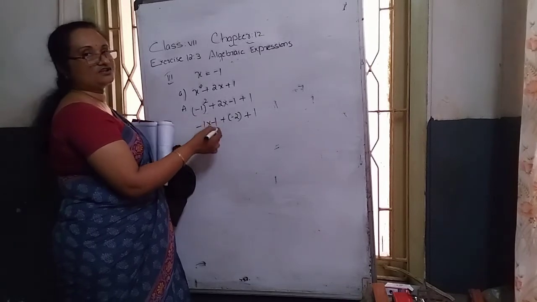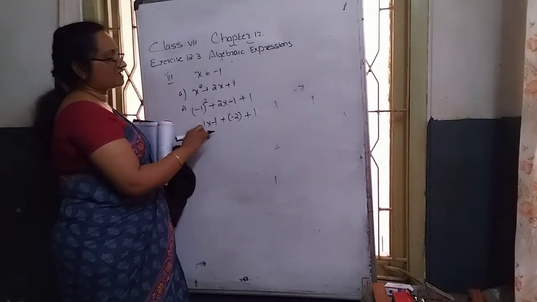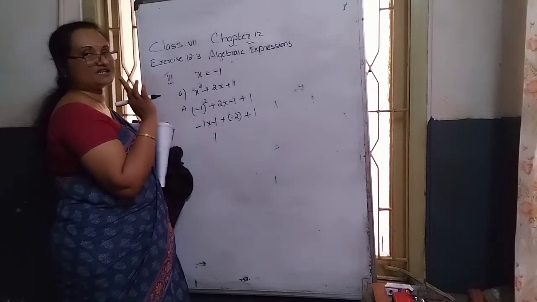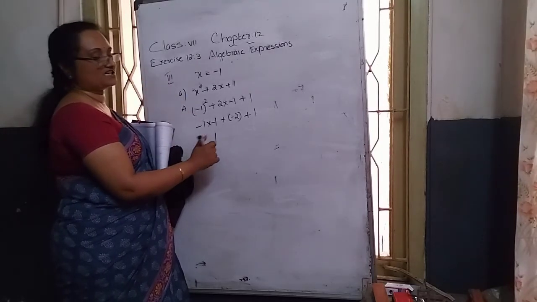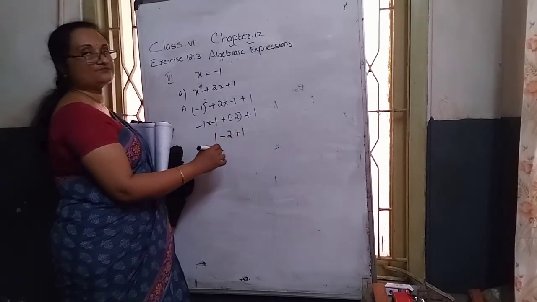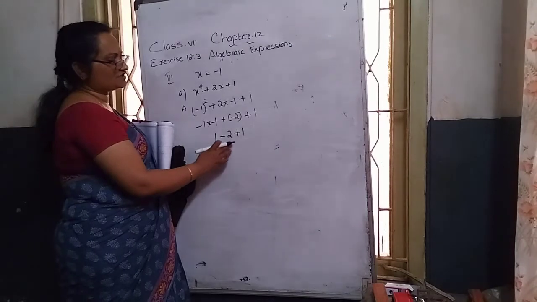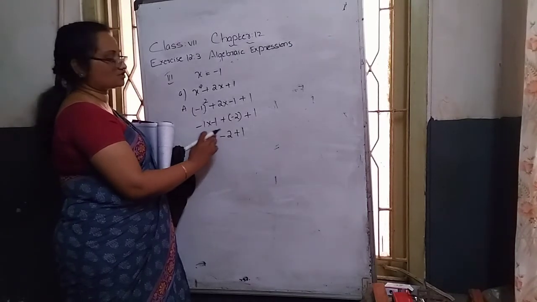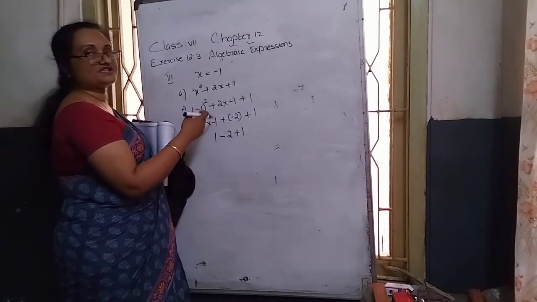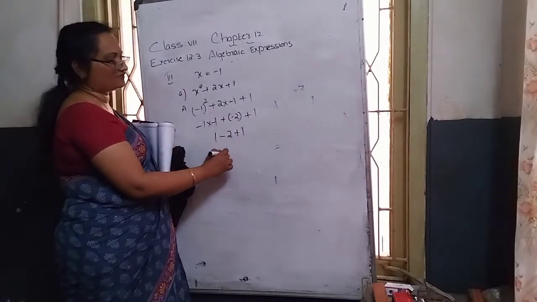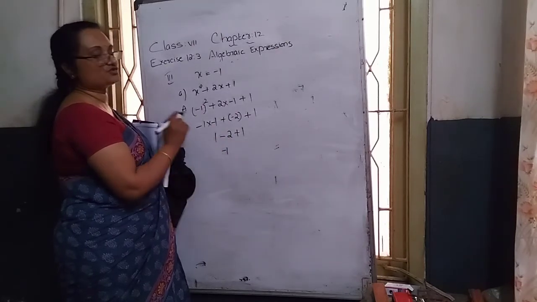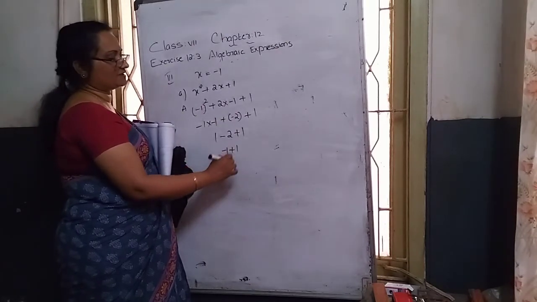Again minus 1 into minus 1, 1 into 1, 1 only. Here how many times are negative signs repeated? 2 times. Is 2 odd or even? Even case. In the even case, plus 1 is the answer. Here plus or minus changes to minus 2 and the last number becomes plus 1. Again these two terms calculation: 1 minus 2, 1 is positive, 2 is negative. What we want to do? Opposite sign means subtract. So 2 minus 1 becomes 1. Which number is bigger? 2 or 1? 2 is bigger. Sign of 2 is minus. The last term, the third term, becomes plus 1.